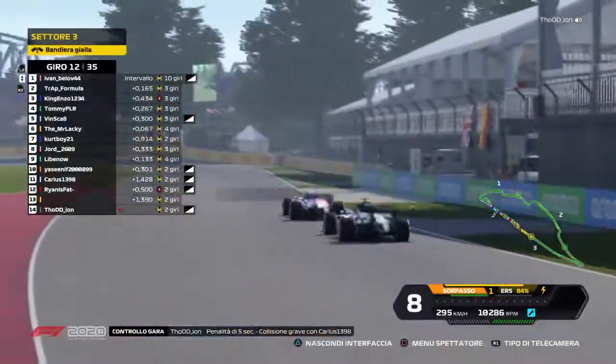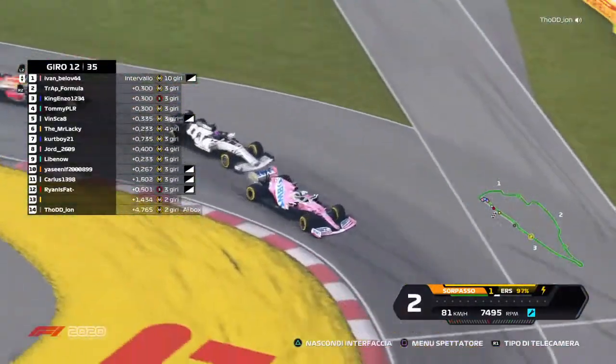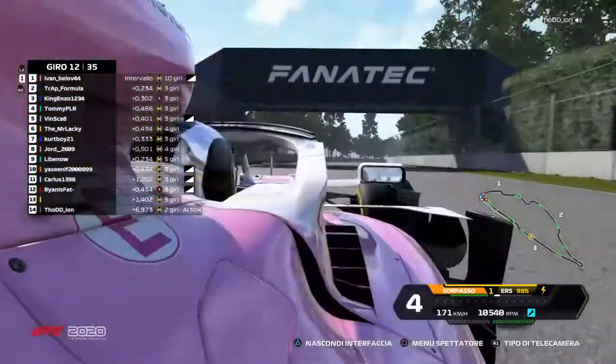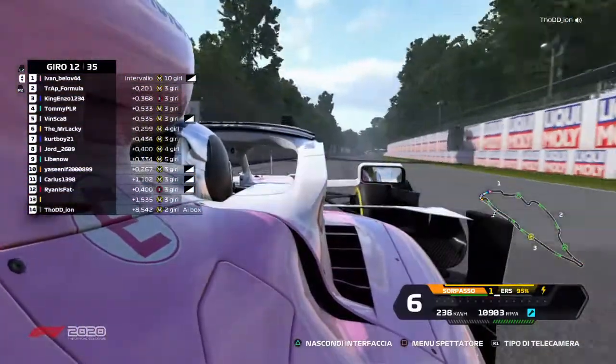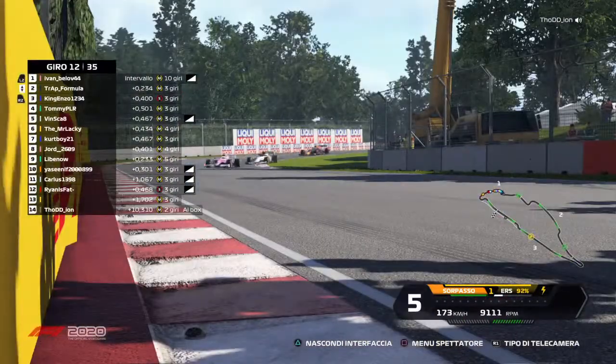There's a crash. There's a crash already, I think. Thod, if I'm not wrong, gets a 5-second penalty for the crash with Carlos. And Transformers thought better of it to go for the move on Even. Let's follow them because the quickest